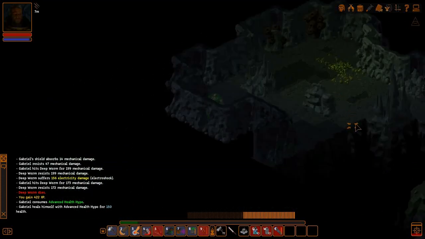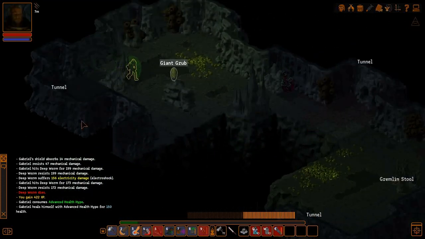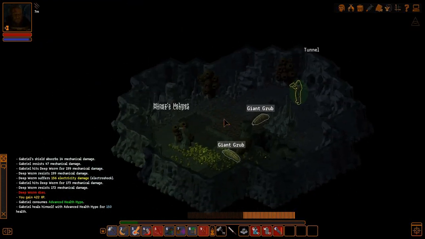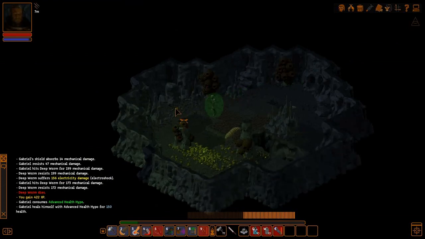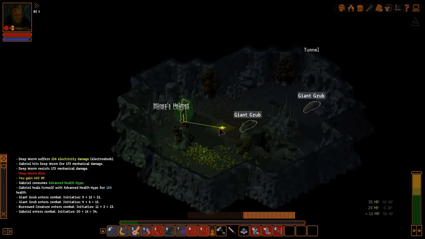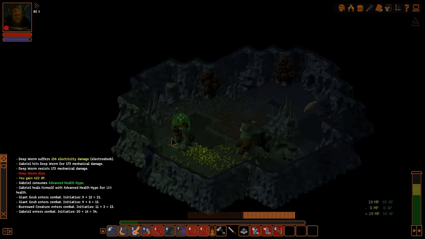Dead end. I think it was a dead end. Let's just check again. Miner's corpse, miner's helmet. We should search those. Nothing really on the... Ooh, nothing on the corpse. So, you know, maybe we want to be distant. Let me see what this...